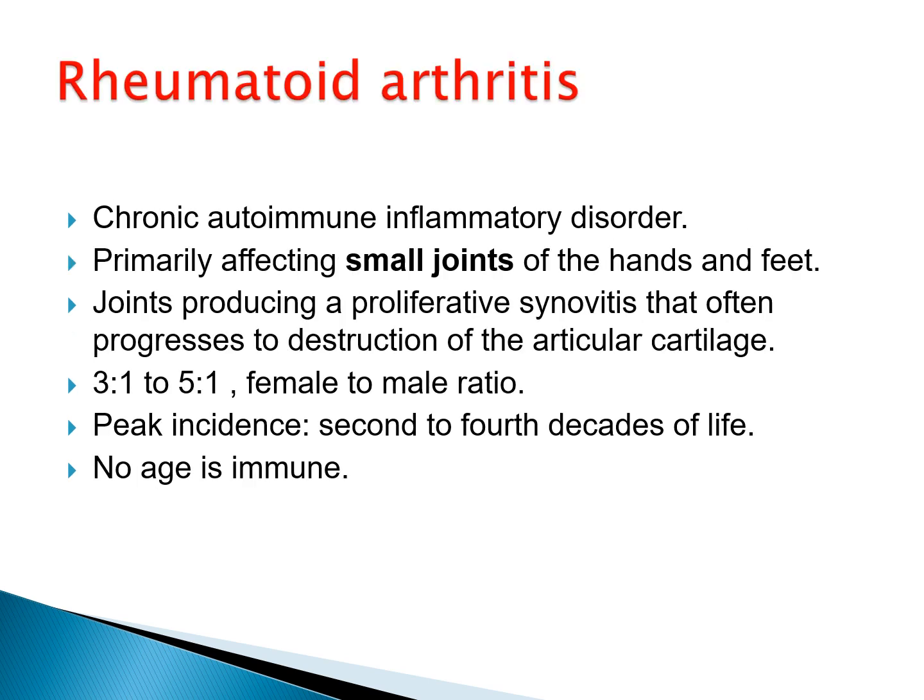The second common joint disorder is called rheumatoid arthritis. Here the disease is totally different from osteoarthritis, although they may sometimes share similar symptoms regarding the pain, and sometimes it is difficult to differentiate between them, but we have many clues in order to differentiate. Rheumatoid arthritis is a chronic autoimmune inflammatory disorder, and it's not a degenerative joint disease related to aging. Usually it affects people at any age, but the peak incidence is the second to fourth decades